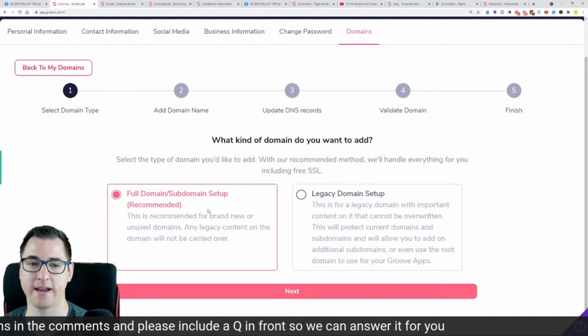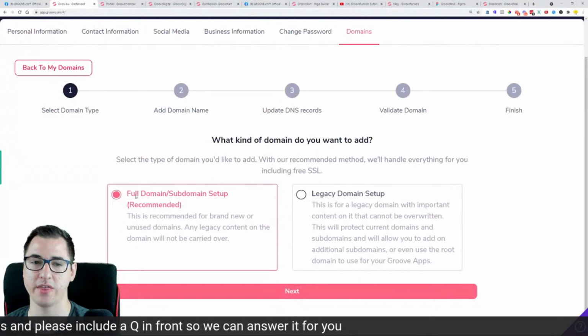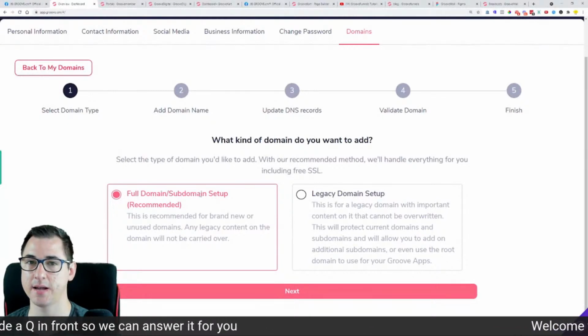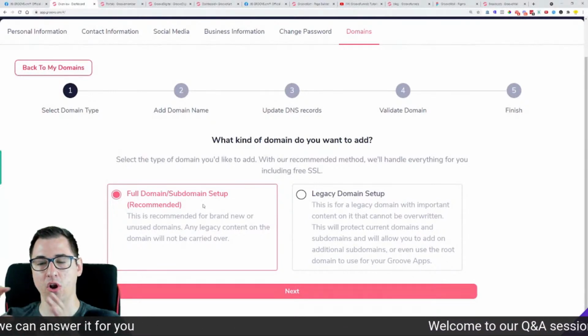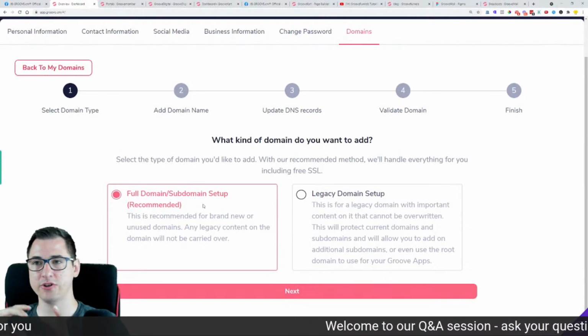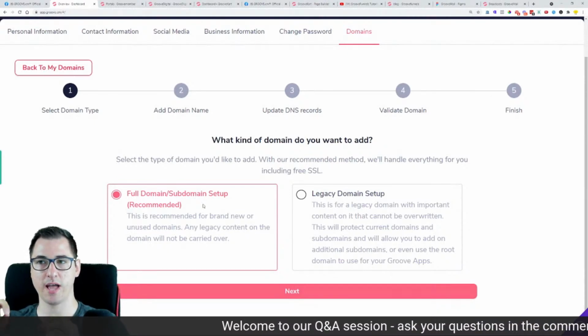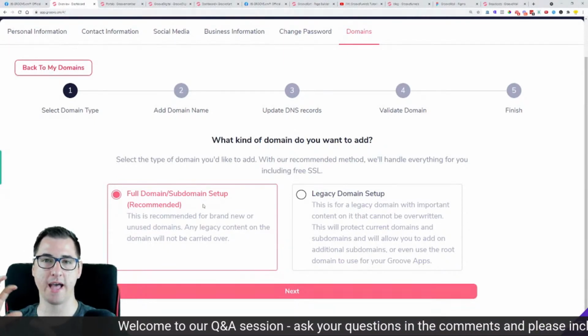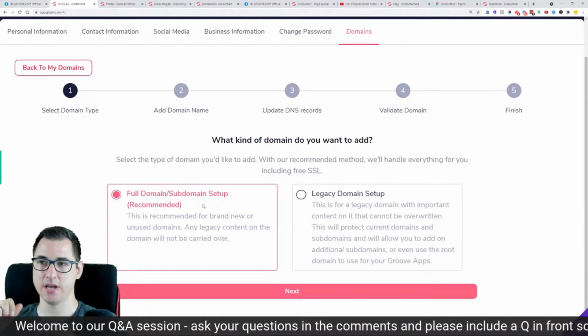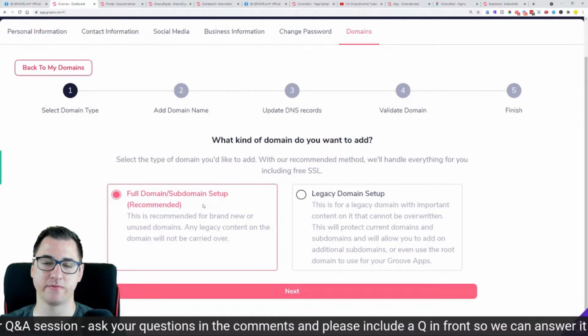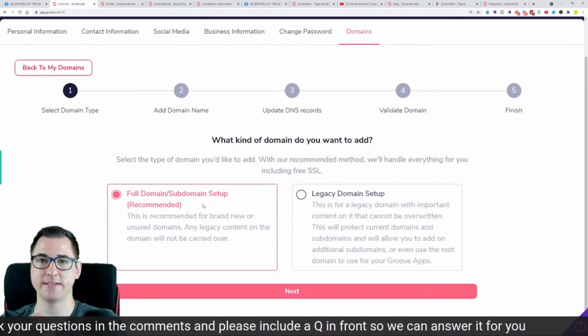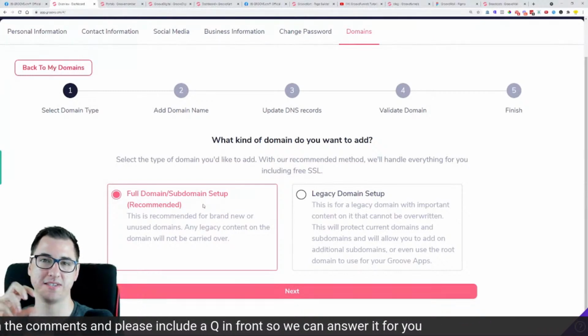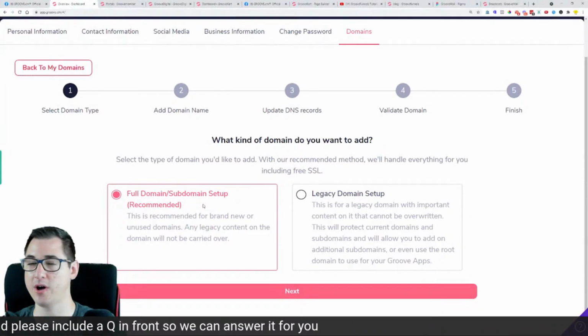If you connect your domain with the full domain subdomain setup, which is the recommended one, then all of the platforms where you want to publish within Groove will handle the connections with the domains. So once you click the publish button, for example, the subdomains will automatically be hooked in with a CNAME within the Groove platform. You don't have to touch anything.